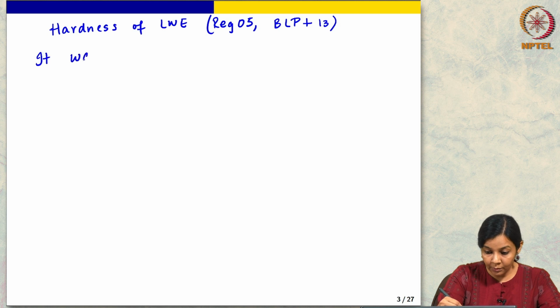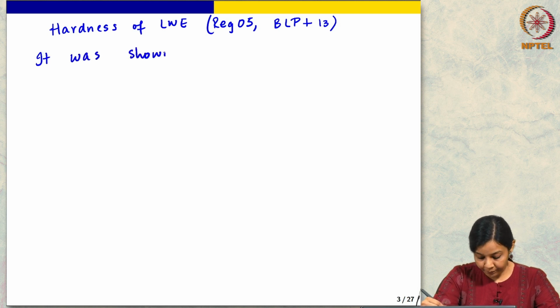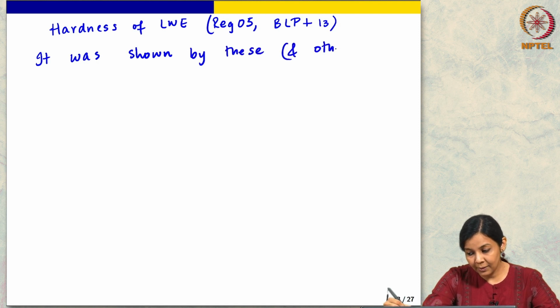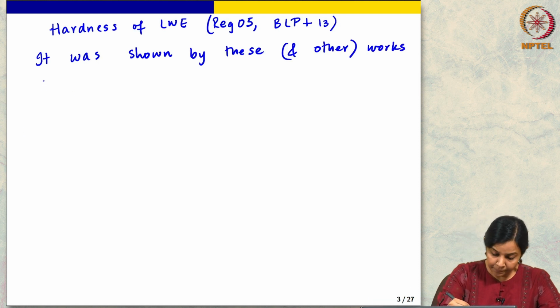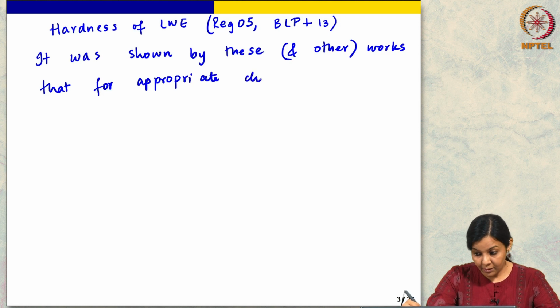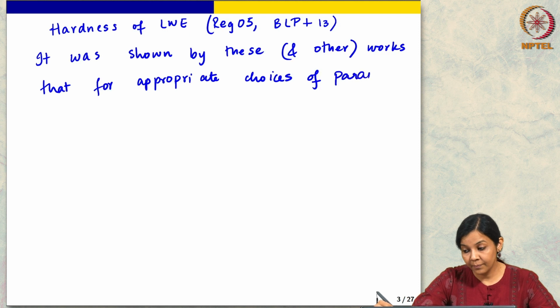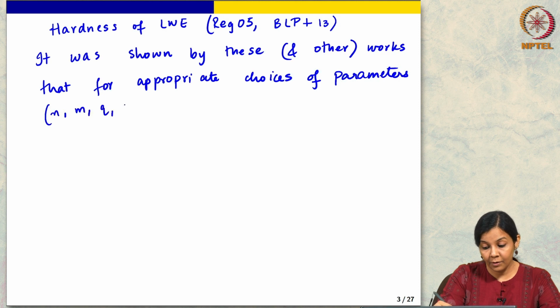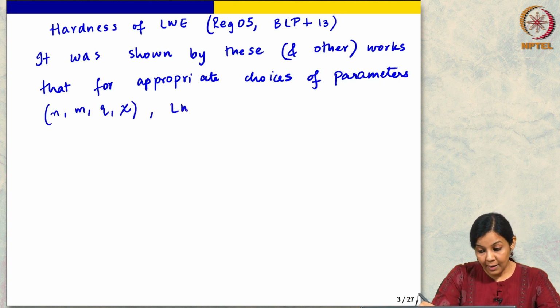So, I am just writing informally. It was shown by these works and other works also, I should say, that for appropriate choices of parameters. So, what are our parameters? You know this n, m, q and chi. LWE, n, m, q, chi